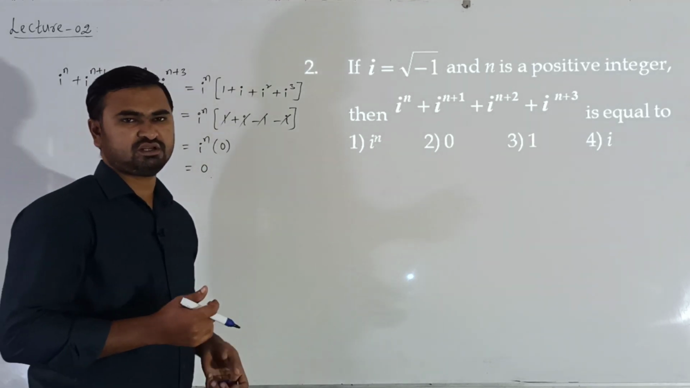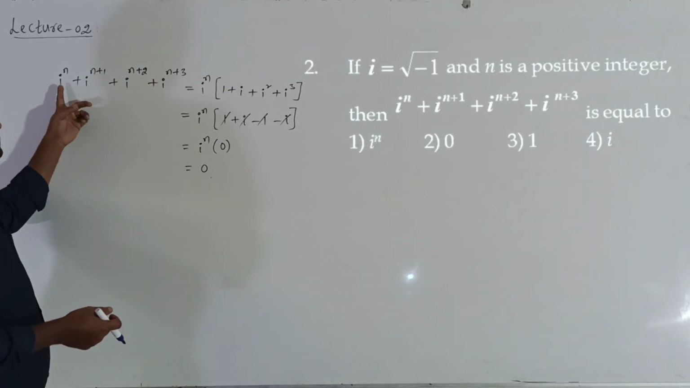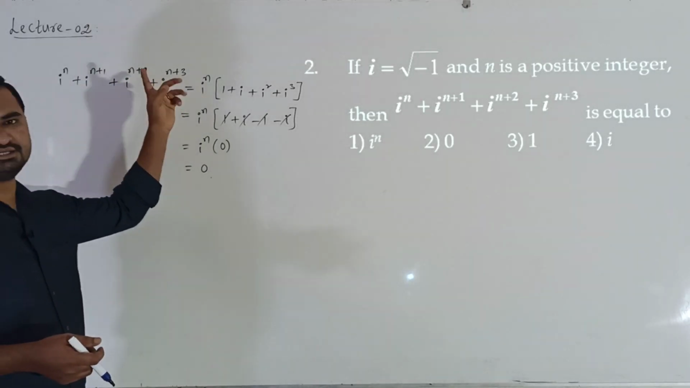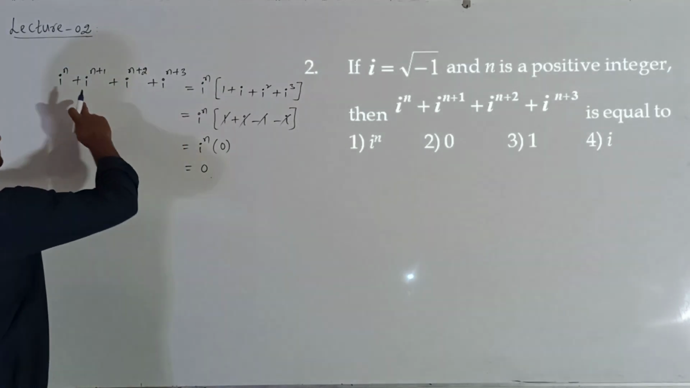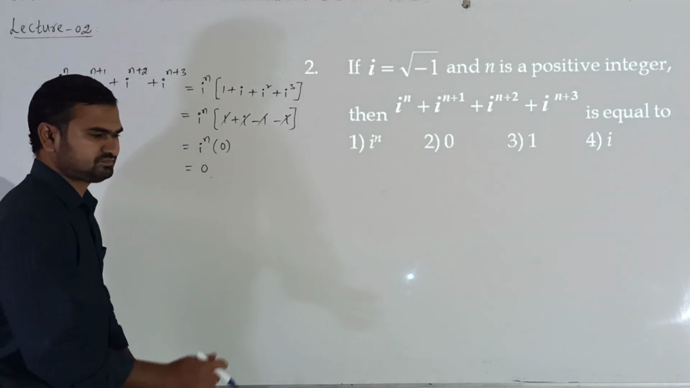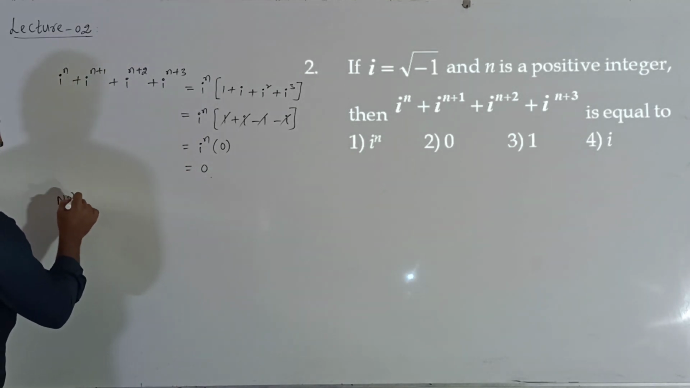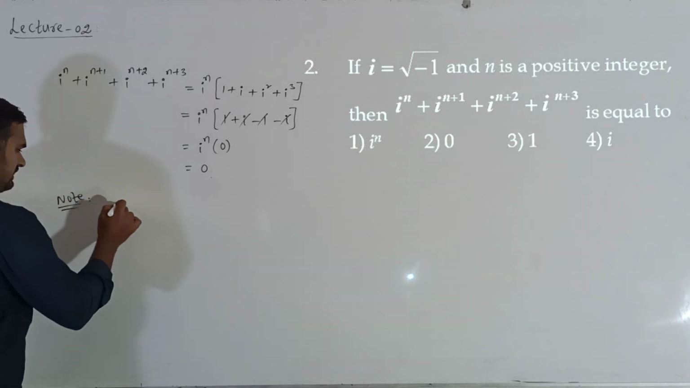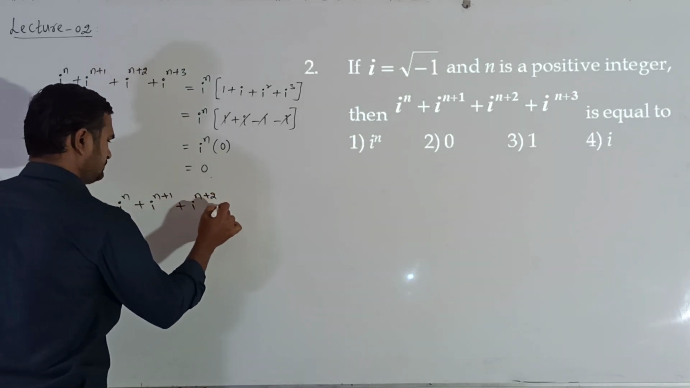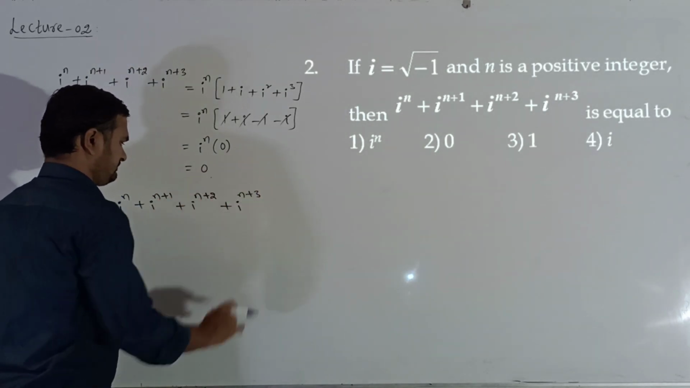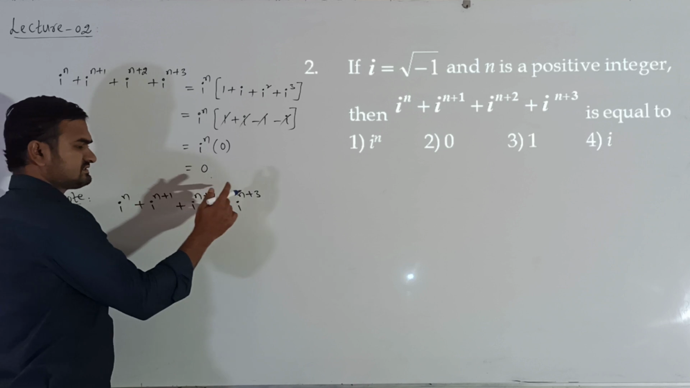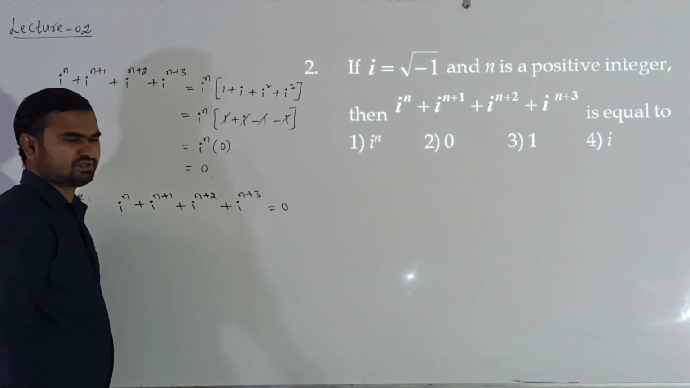So from this what we can conclude: whenever we are having i powers, the sum of 4 consecutive integer powers will always be 0. You can remember this as a note: i^n + i^(n+1) + i^(n+2) + i^(n+3). Only if you take a sum of 4 consecutive terms in terms of i powers, the sum is always 0 only. For example,